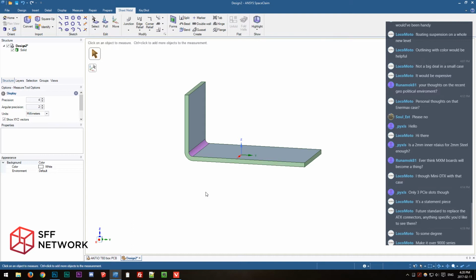Yeah, the EnterMax would be good with a mini DTX because then you could use a thicker radiator. As it is with micro ATX though, it's kind of limited. So ATX,